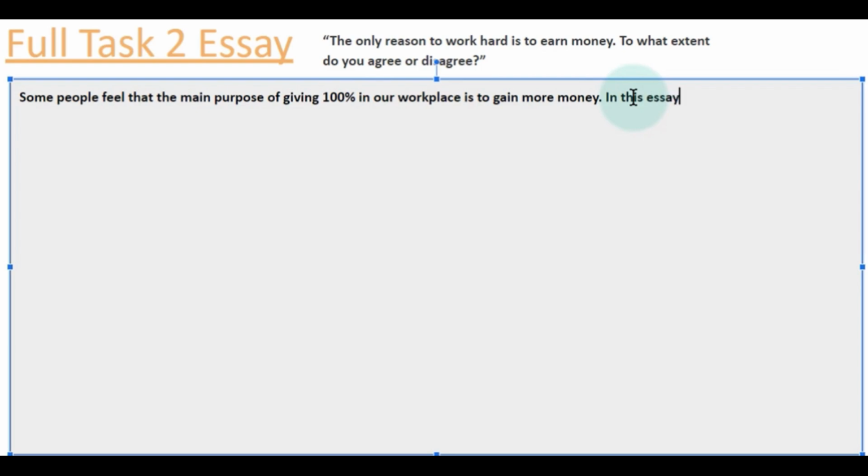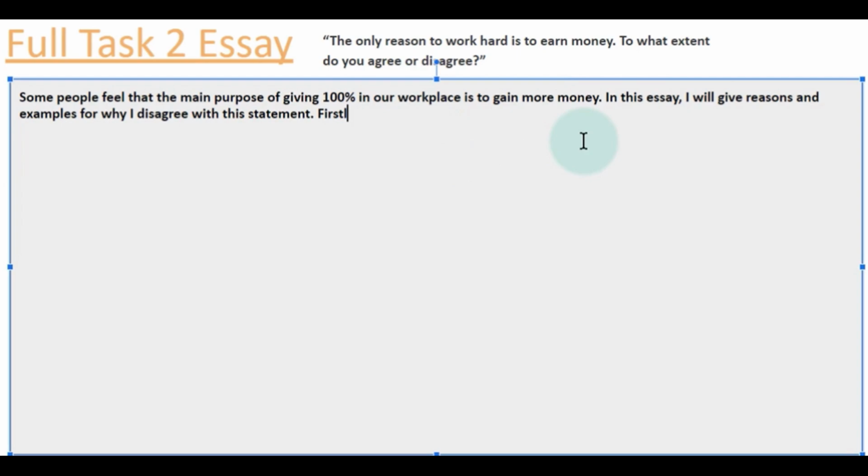In this essay, as always, I will give reasons and examples for why I disagree with this statement. Again, as always, this plan sentence in our introduction paragraph is always very similar. So it's a good sentence to have because it's pretty much always going to be accurate as long as we stick to the plan, to the formula that we have.